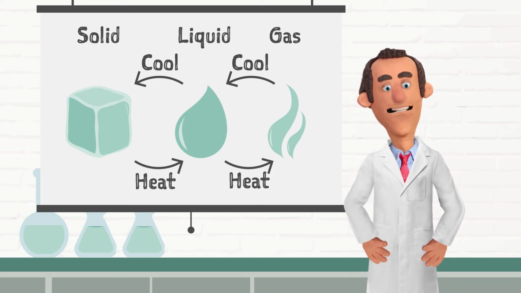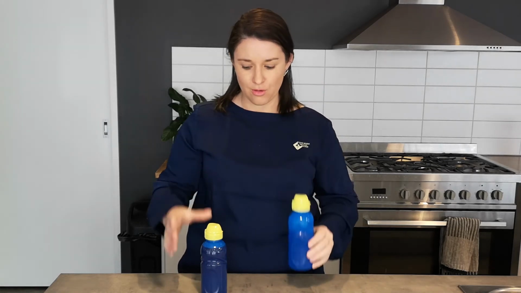Christy is now going to show you how the temperature of water can make it behave differently. Okay guys, so I've got 2 bottles of water here. This one has icy cold water in it, and I've put some blue food dye in this one so we can see that it's the cold. And this one has hot water in it, and I've put red food dye in this one so we can see that it's the hot one. So we're actually going to release both of these into a tub of water and we'll see what happens.